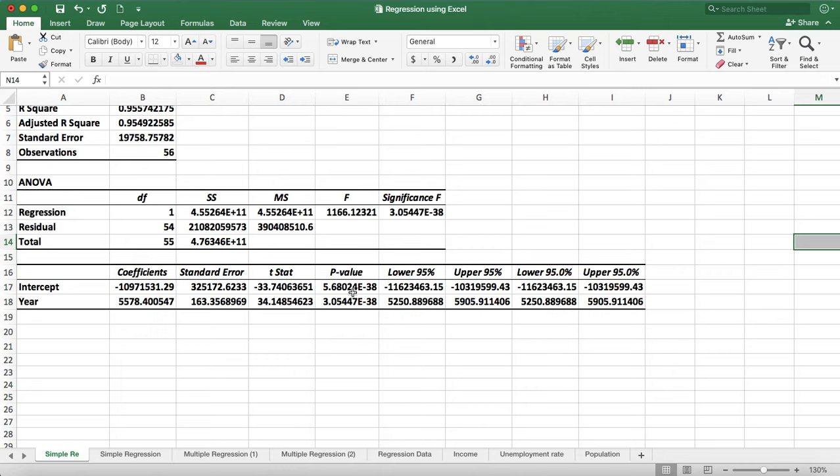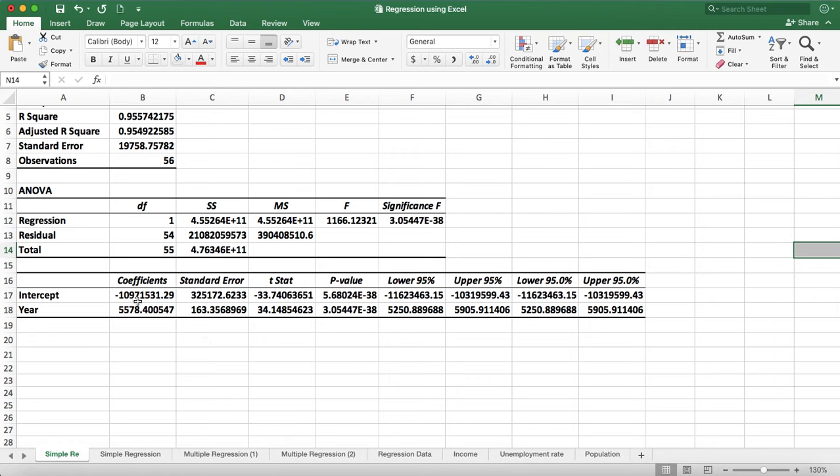So because the p-value is so small, less than 0.05, we reject the hypothesis here and accept that the coefficients are these two values. Okay,